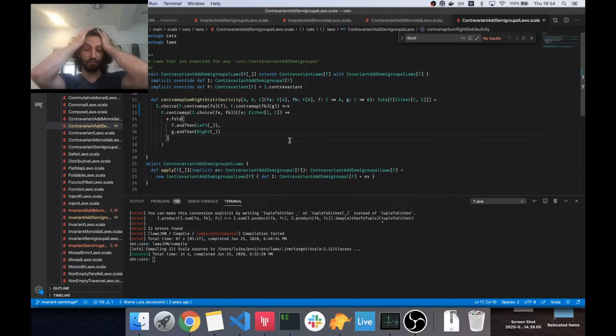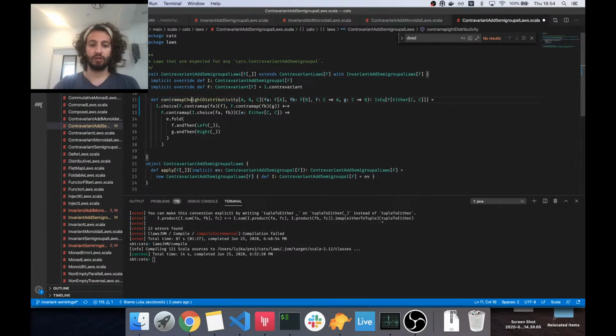Ah, right. So, in addition to the laws I talked about earlier, which are just associativity and identity, we also want, I guess we should rename this. We also want our combiner functions, product and choice, which we call them now, to distribute not just over each other, but also over